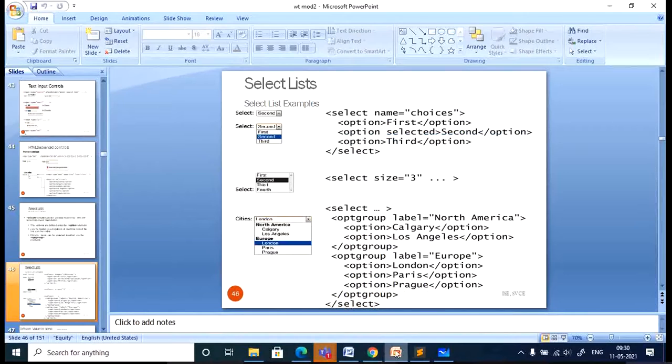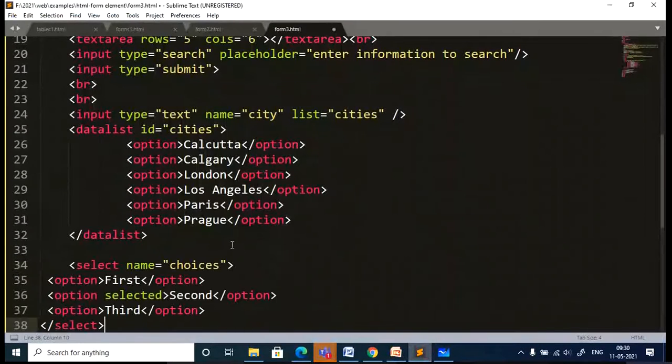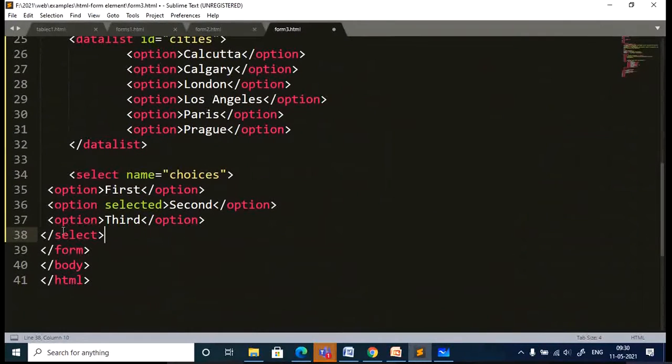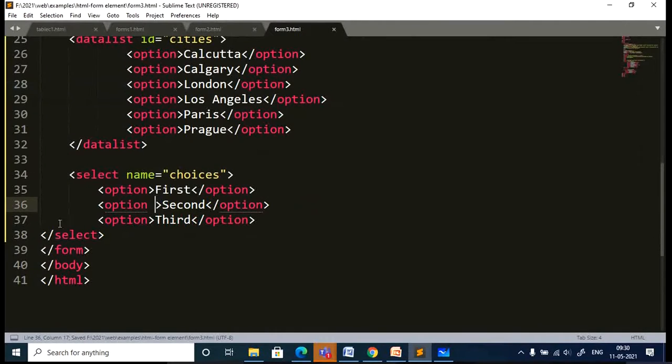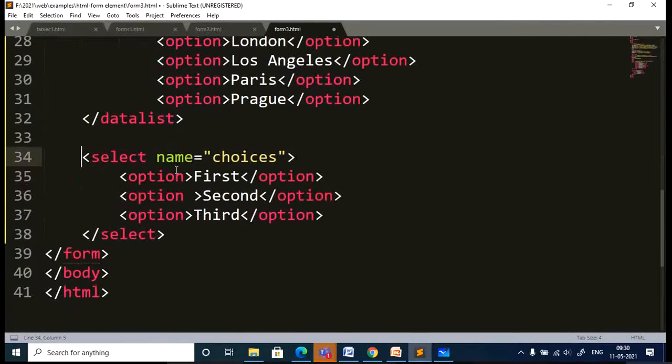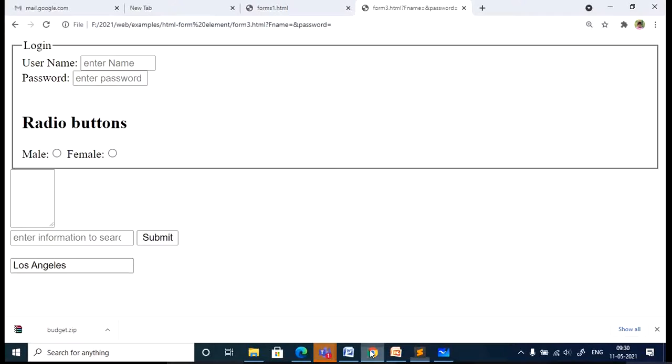This is for selecting the items or the data, where you will have options and can choose the required option. Let's see what output we are going to get. I'm just talking about this select. Just concentrate on this select part, where you can choose the required information from the drop down. So this is my list that I got.